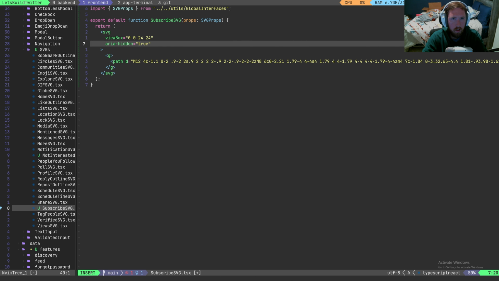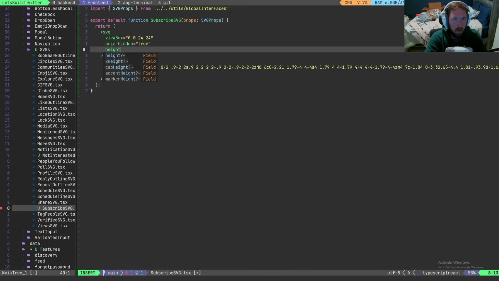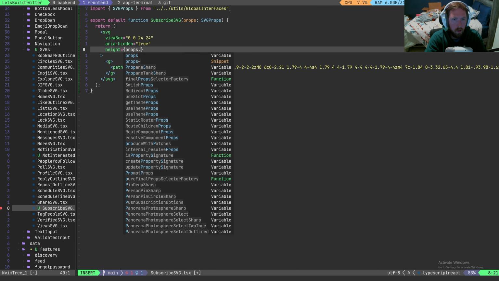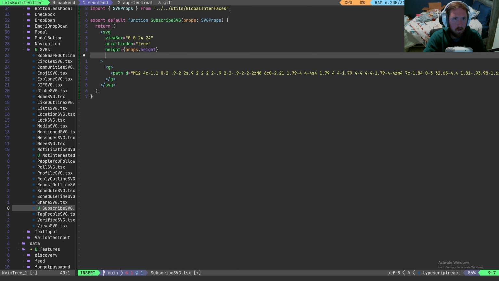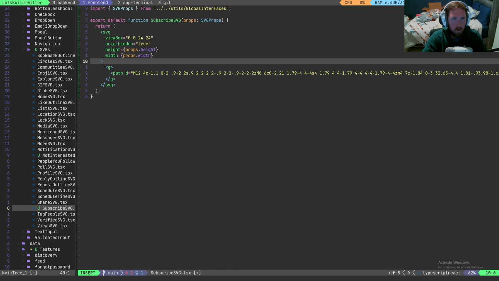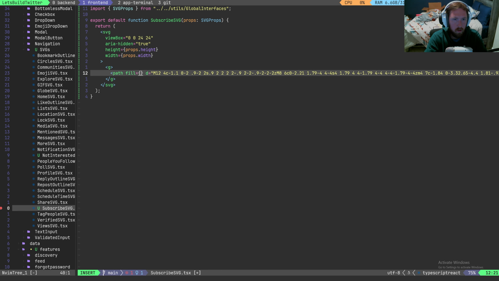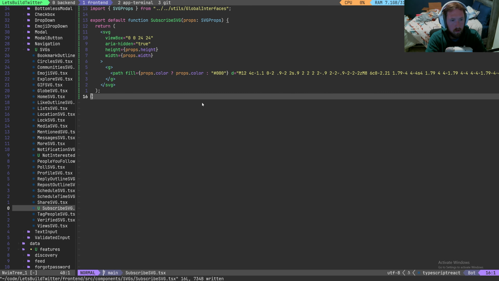Then we'll go ahead and we'll say height is equal to props.height. Width is equal to props.width. And then we'll have a fill here is equal to props.color, question mark, props.color. Otherwise, we'll do pound 0, 0, 0. Next, after that, we'll go ahead and do unfollow. So I'm going to have to follow someone. So let's go and just do A, and we'll say unfollow